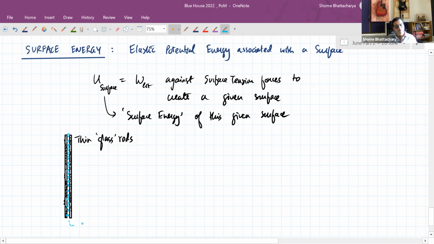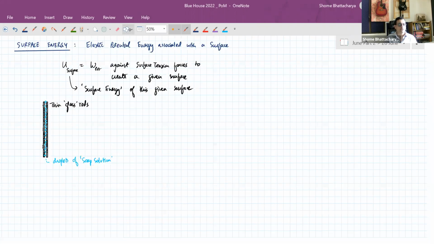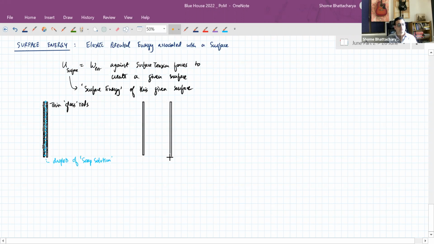So these are droplets of soap solution, basically. Now next what we do is, keeping one of the rods stationary, we pull the other one perpendicular to its length very gradually. So that creates a film of soap solution. If we do this gently enough and up to a certain degree, we'd be able to create a film of soap solution. But in order to do that, the external agent will have to,